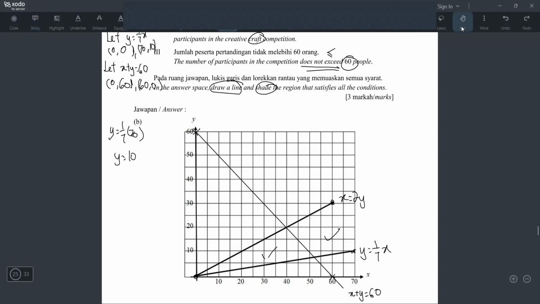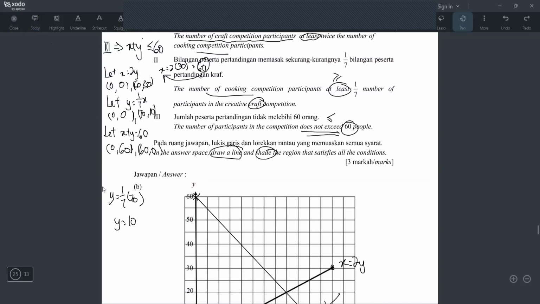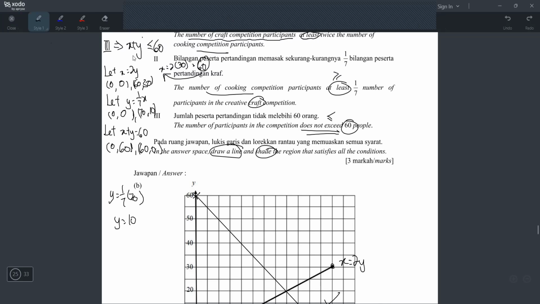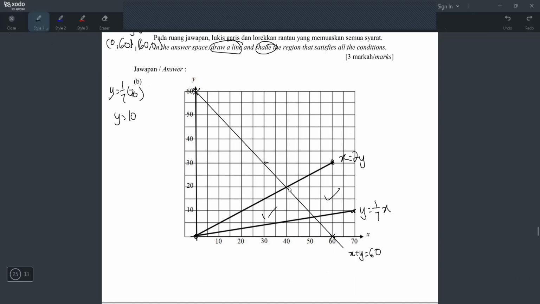Okay, finally, we look at the third one. The third one is what? X plus Y 60. Okay, the Y sudah positif, kena tengok dari Y. So tengok dari Y, apa simbol dia? Smaller kan? Okay, smaller. Which garisan? This garisan lah, X plus Y 60. Tapi bawah garisan sebab smaller. So mana saya kena lorek? This part lah, this triangle lah. Okay, sebab smaller, right? So it means I will padam this. And then this is your lorek part. So now we lorek. So lorek nicely. So this is answer.